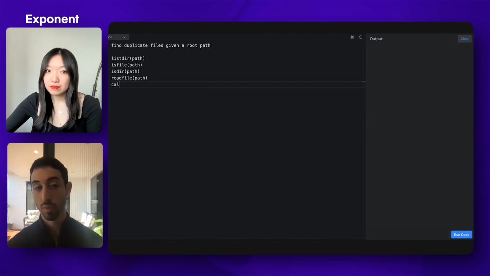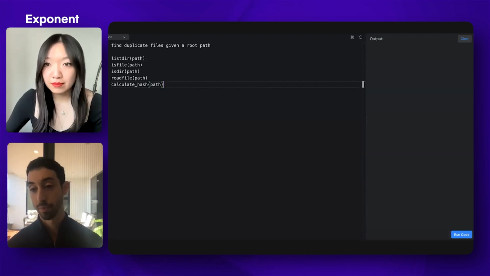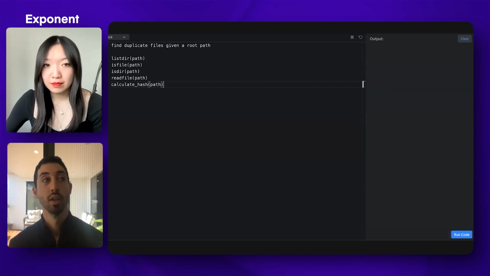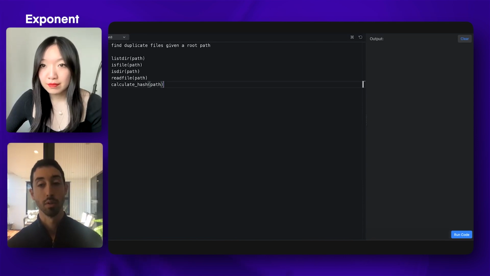Okay. So if I can assume I have another API similar to read file, like calculate hash of a file, then I can do it like that.